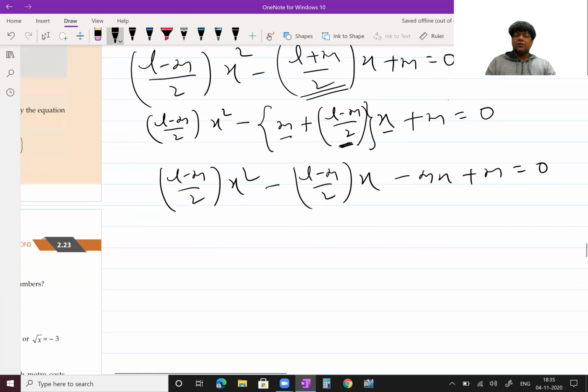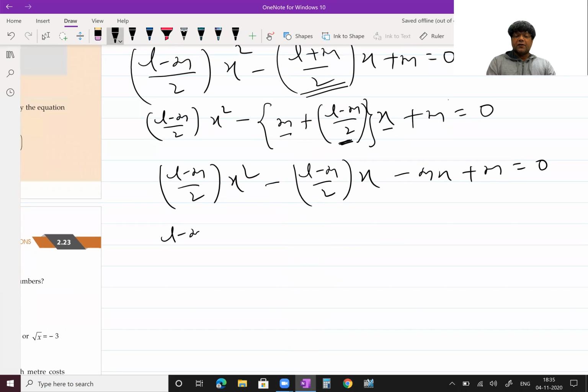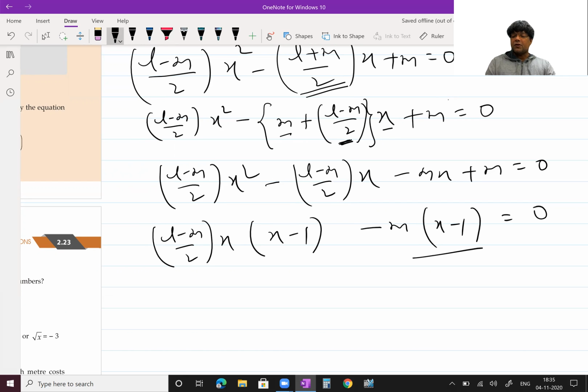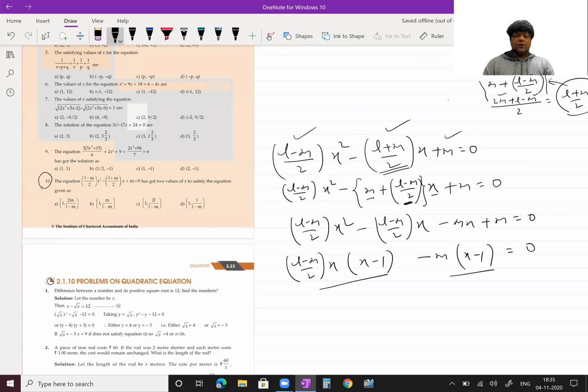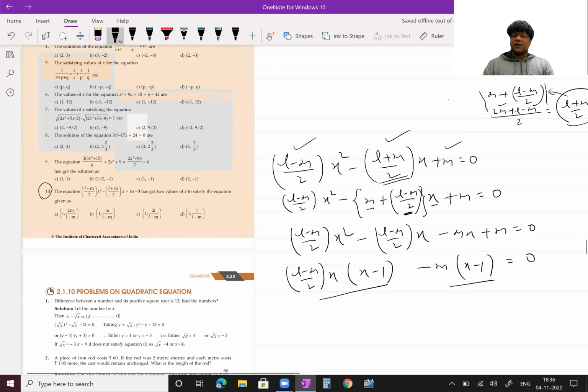So now you can do middle term factor. If you take L minus M by 2 into x common, x minus 1 will come from here. Out of these two, you take minus M common, it is x minus 1 is equal to 0. Now take x minus 1 common from first and second. Done, solved. Or you could have applied Sridharacharya also, but it will be a difficult calculation, so I solved by middle